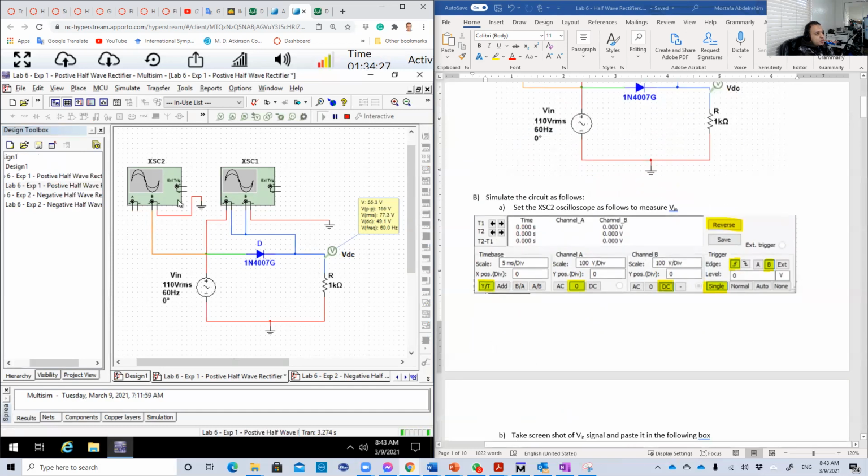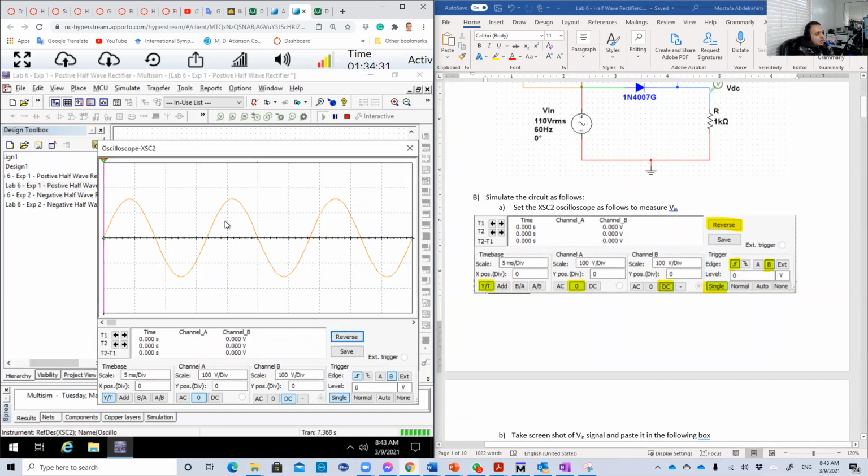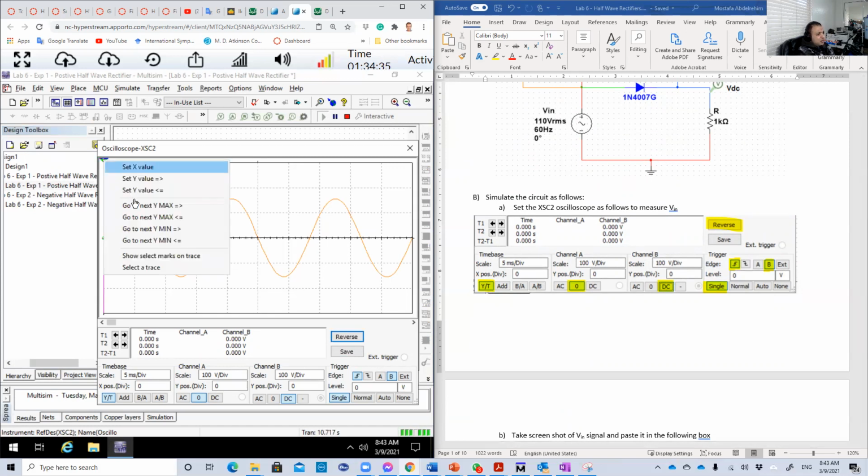So the first step is to measure the input. So here is the input. As you see, guys, the input is the Euro standard input. The maximum should be around 155. So let's go to Y max. It's 154 or 155, basically very close to 155. And the minimum, if we go to the minimum,